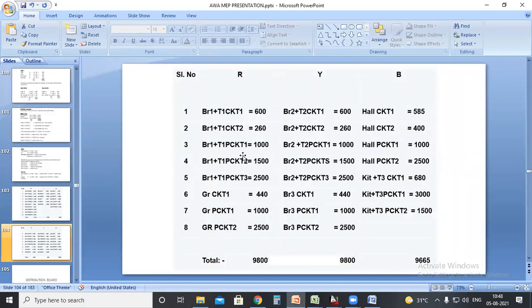Can a load lesser than the lower limit be considered? Lesser than the lower limit means, for example, the lower limit we have taken is 8,799, right? If the load is coming lesser than the lower limit, it is not balanced. You should make sure that for each phase, that is R phase, Y phase, and B phase, the load comes between the particular limit. Then only we can say it is balanced.